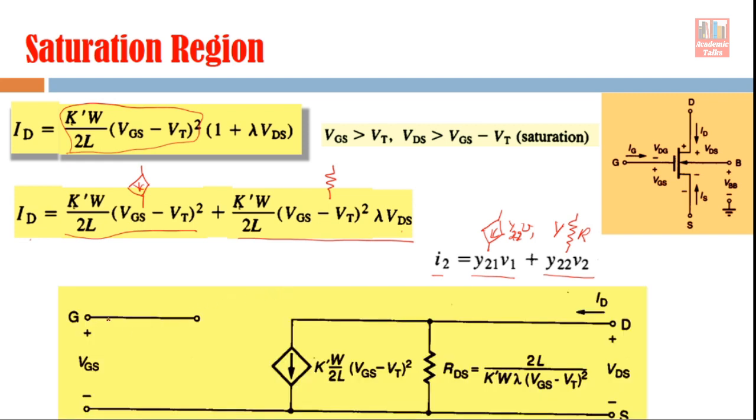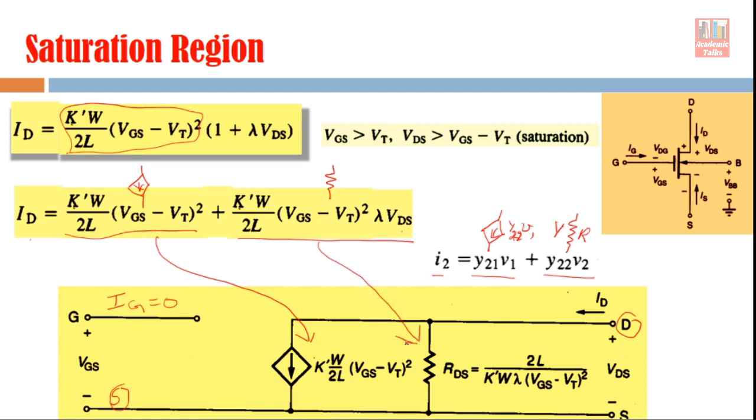Now let's draw the equivalent circuit. The equivalent circuit will look like this. On the input side it is still the same thing, because Ig is 0 in this condition also. Ig is always 0 in a MOSFET. So the gate terminal and source terminal, the common terminal, this gap is shown as an open circuit. Now you go to the output side, this drain terminal and this source terminal. Drain current is going here. Since this equation has two different components, two components are shown in this equivalent circuit. The first is the constant current source, and the second is the resistive component.